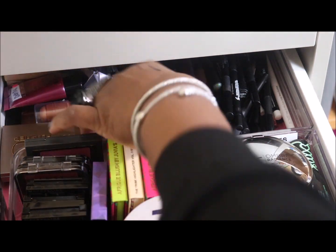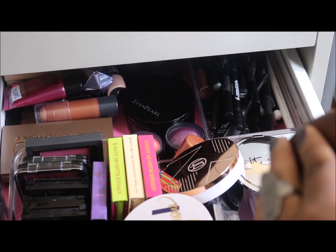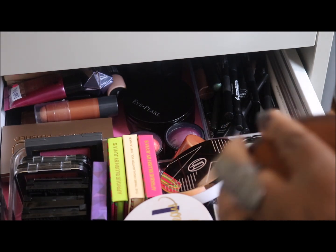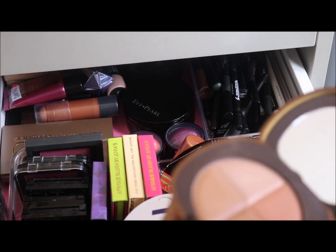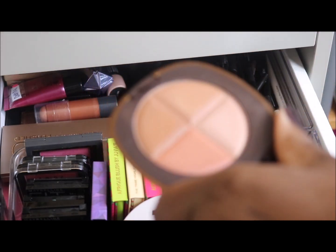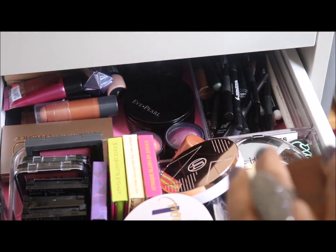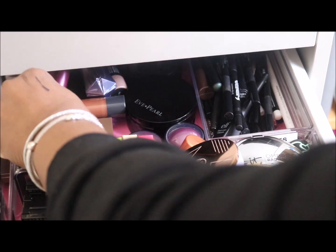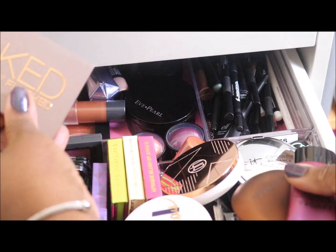Do I need a cream product? This is Elizabeth Arden. I never really wore this. How do you open it even? I don't think it was a good color for me. Beautiful package. Here it is. Very pretty. You definitely use this on the eyes or on the cheeks, give a little glow, a satiny glow. But I just put back the Urban Decay. Why don't I pull